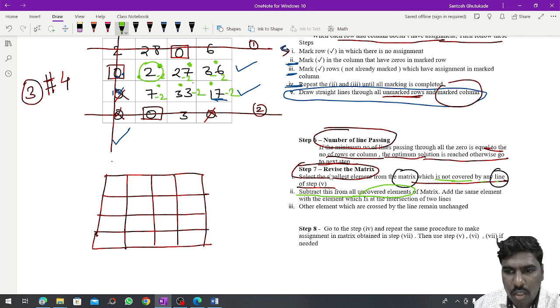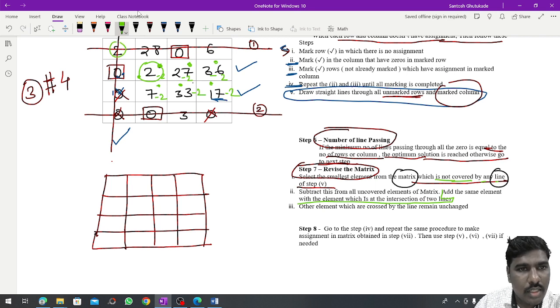Subtract this from all uncovered elements of the matrix and add the same element to the element which is at the intersection of 2 lines. So what is given here? Add the same element at the intersection of 2 lines. So this is important. So where is the intersection?